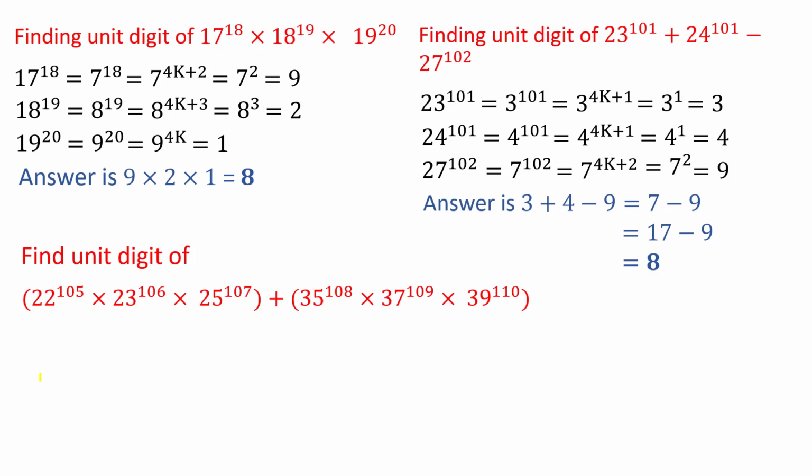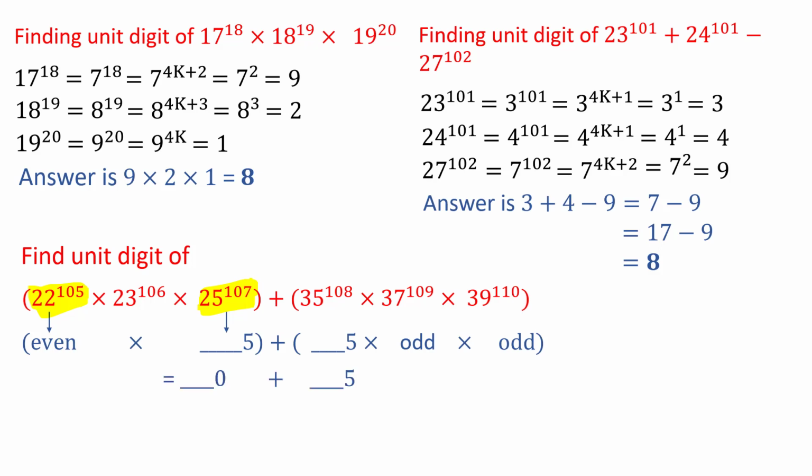But over here what we can do is, we know that 25 to the power any number, 5 to the power any number, always ends with 5. And the first number is even, so even number into 5 always ends with what? Tell me. 0. Even number into 5 always ends with 0.